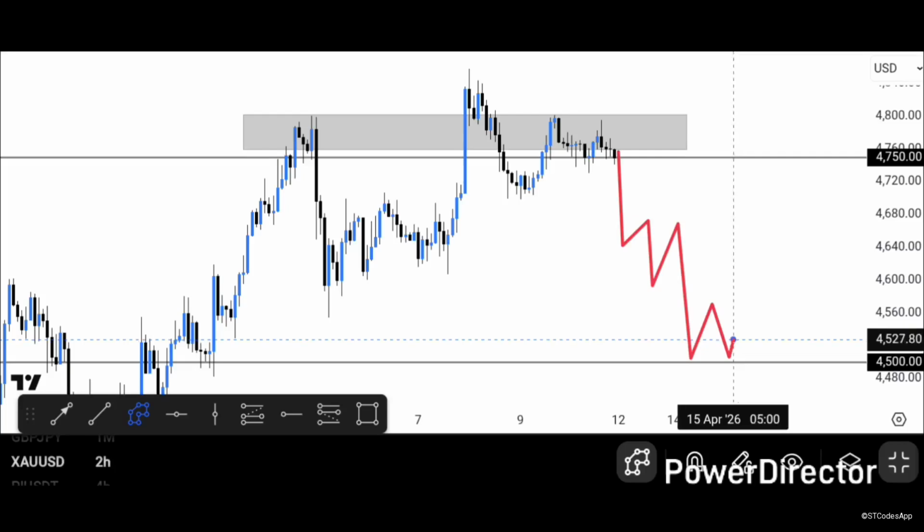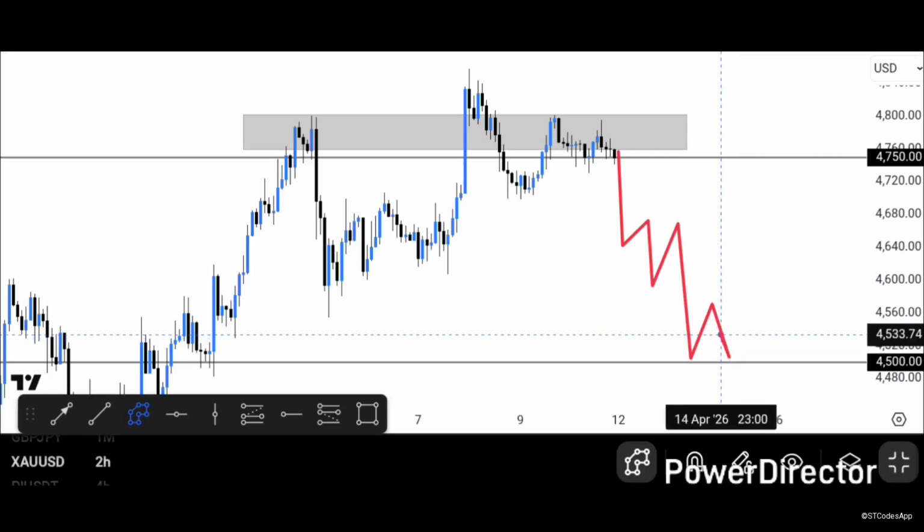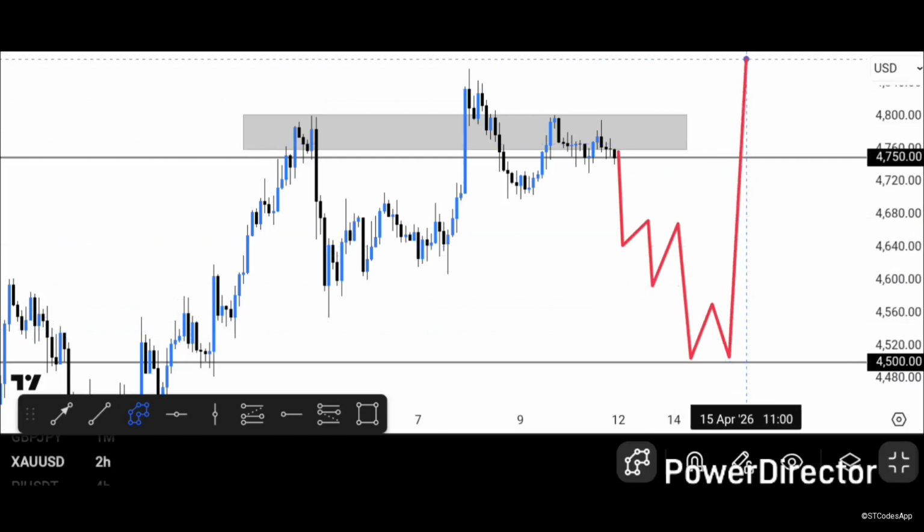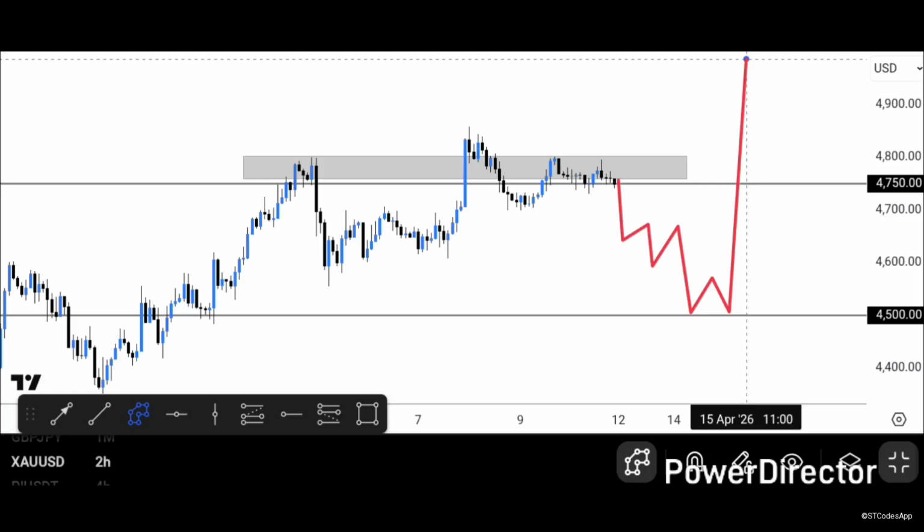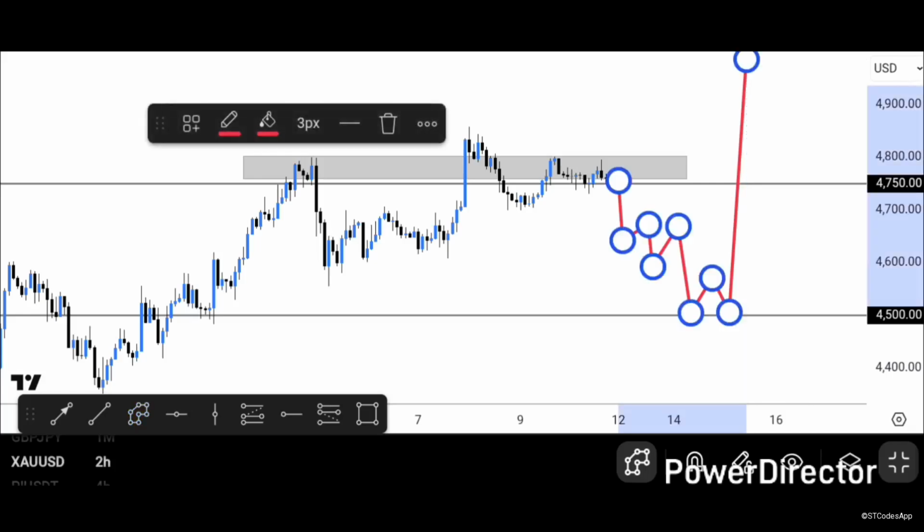Then this is signifying that okay, we want to use this zone as a higher low zone, a new higher low zone on the daily time frame, and from this zone we should see price push all the way up. You get? Now same thing,